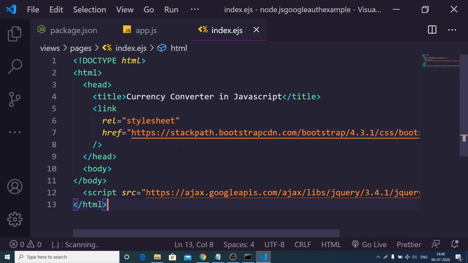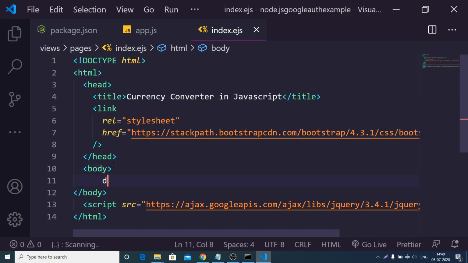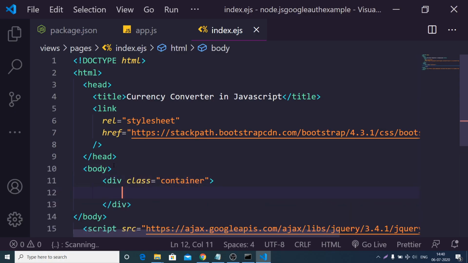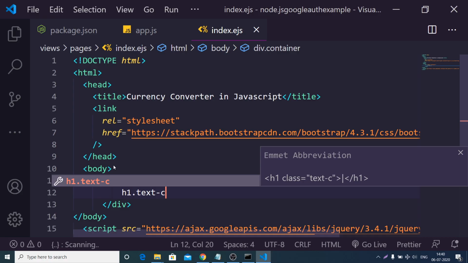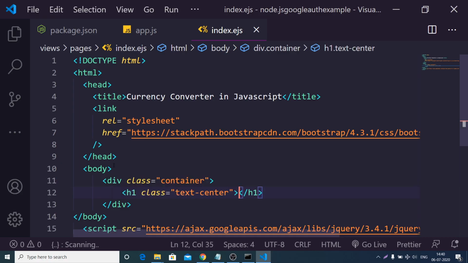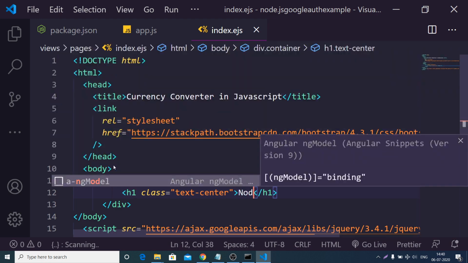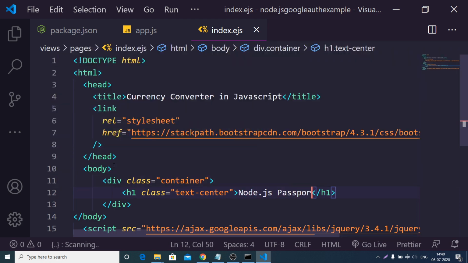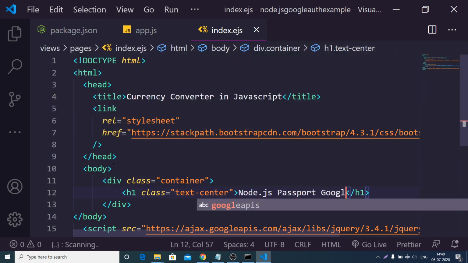Here we have included the bootstrap CDN and jQuery CDN. Inside this we can use the container class of bootstrap, and here we have a simple heading, let's suppose Node.js Passport Google Auth, like this.